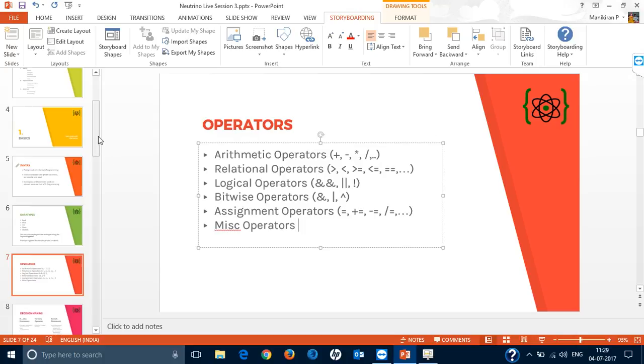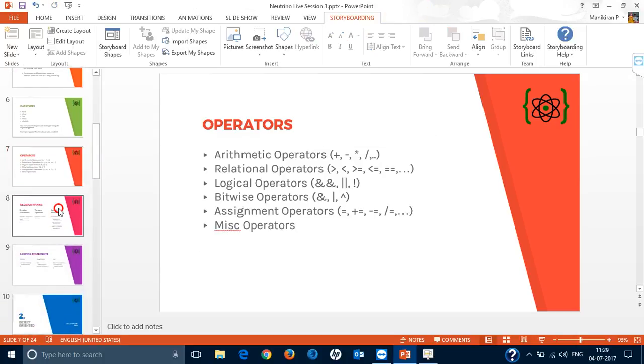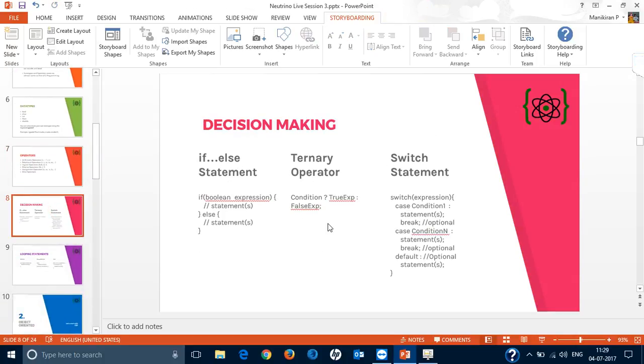Okay, moving on, we'll go to decision making. The basics are going to remain the same in whichever language you're going to program. The basic logical decision making statements are if else and switch statements, and you also have a ternary operator, which is highly used in C and C++. Okay, now